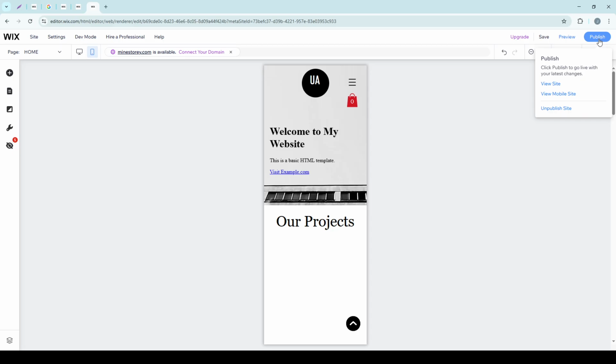And there you have it. You've successfully edited your Wix mobile site. It's a simple process, but these steps make a significant impact on how visitors interact with your site on their mobile devices. Don't forget to regularly check back and update as needed to keep everything fresh and aligned with your